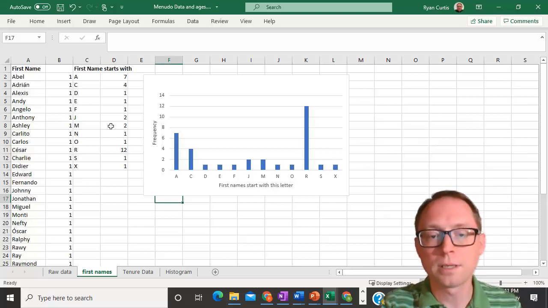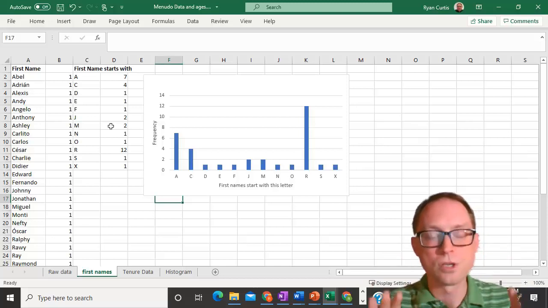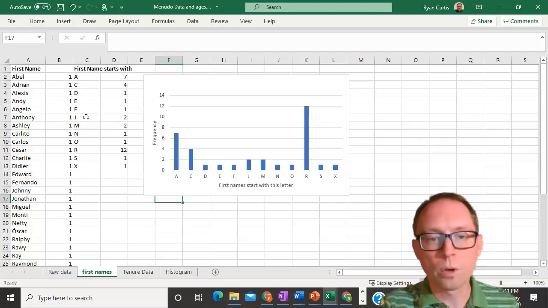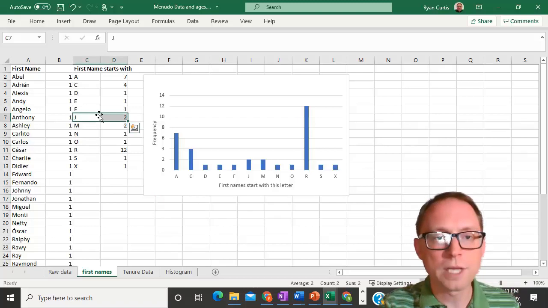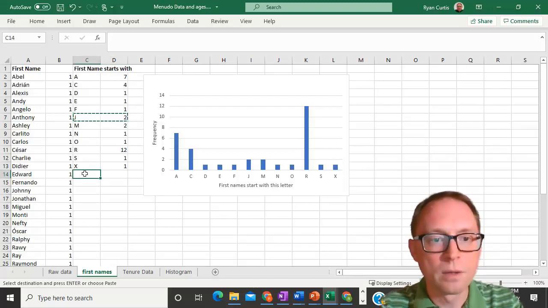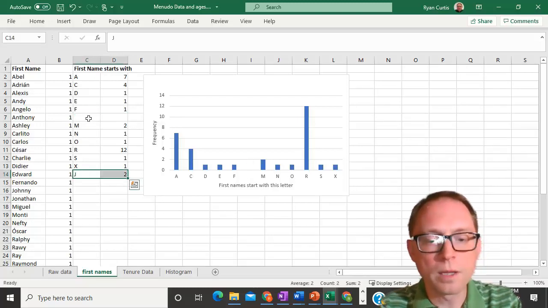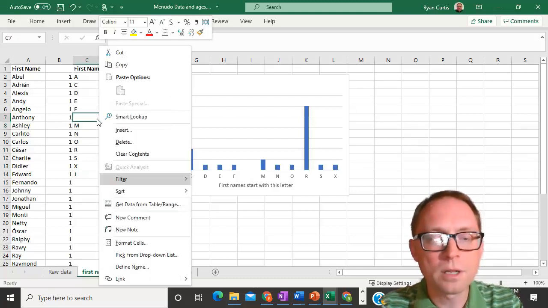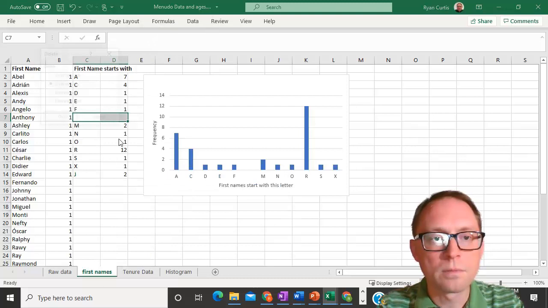Any mean that you would run would be garbage because these are categorical data. I could move the orders around and it would be okay. So for example, let's just put J at the end. Why not, right? We can do whatever we want, because there's no reason why these got to be in alphabetical order. No reason at all.